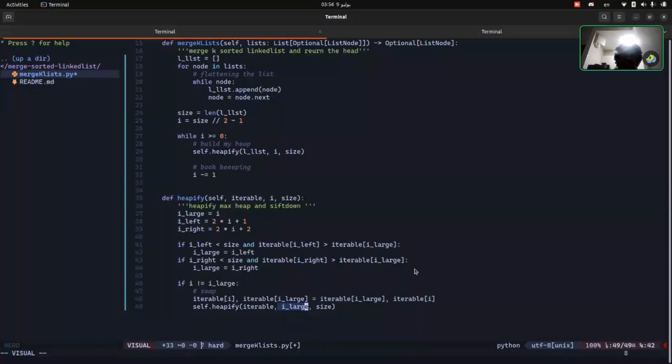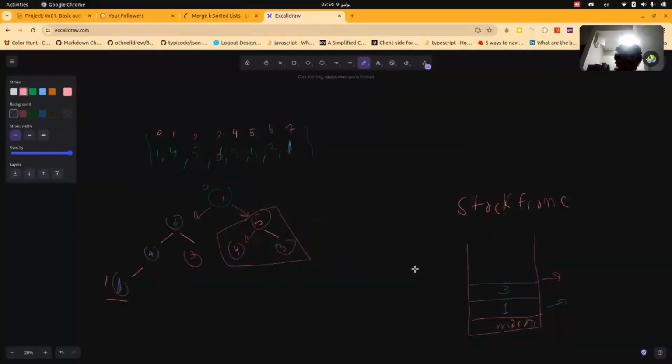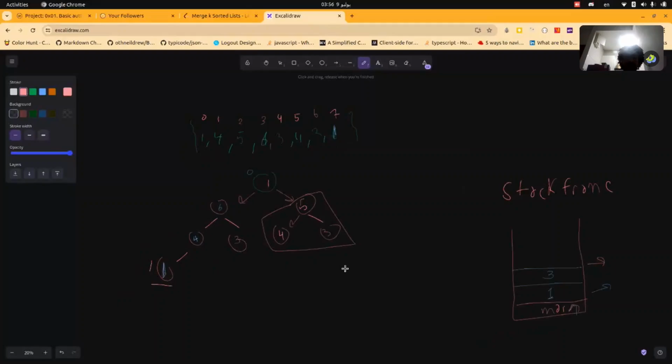Or doesn't. For example, in this case, 4 and 3 are smaller than 6, but 4 is bigger than 3. And maybe if it was reversed, four is then